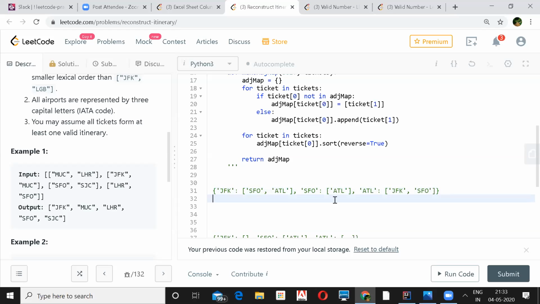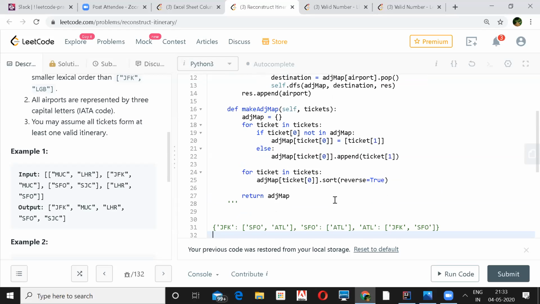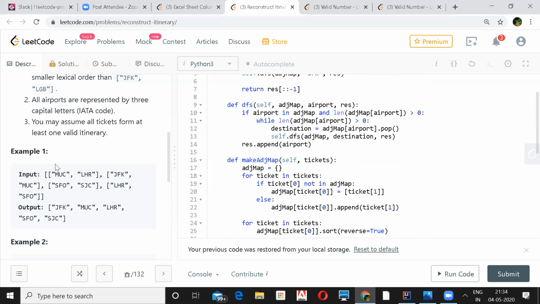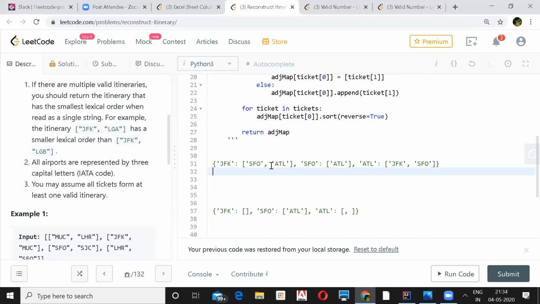And Shashank, second question: why did you reverse sort it? And then you had to reverse the result as well. Reverse sort because of the lexical ordering they are talking about. I have it in descending order because they say the smallest one should come first. So you wanted to pop from the back side. Yeah, had I the option of picking from the front side, I would have.